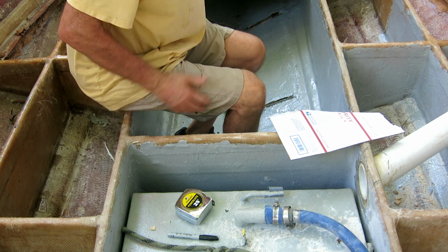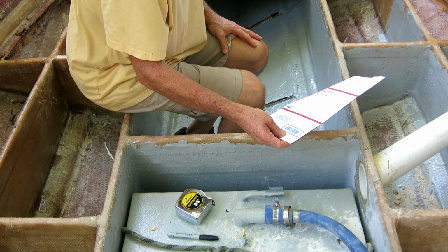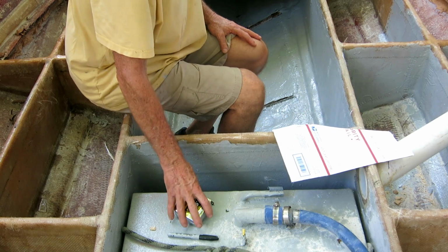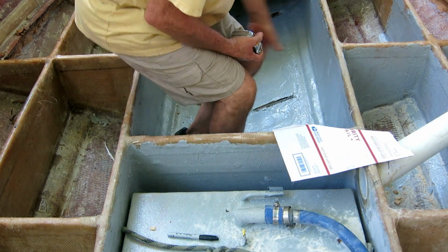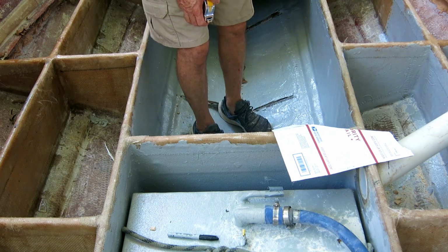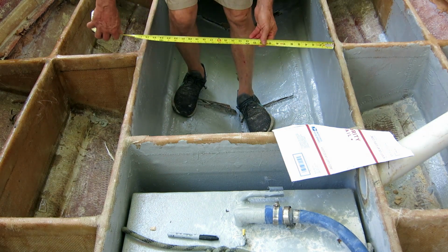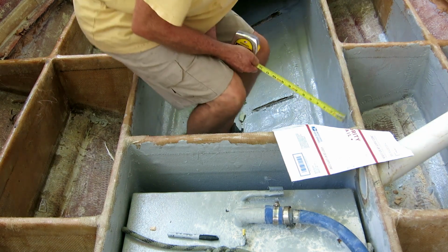I'm in the boat playing with spaces. I'm looking at group 27 batteries. So I need a compartment for the bilge pump. This is the lowest part of the boat, and batteries. So I think if I bring this bulkhead straight across right here, I can squeeze in